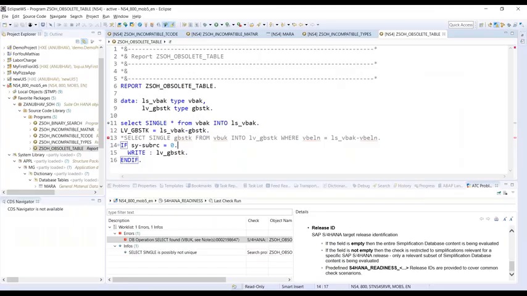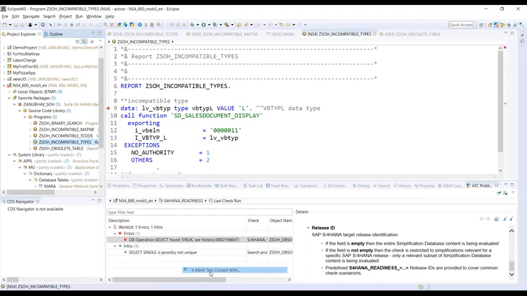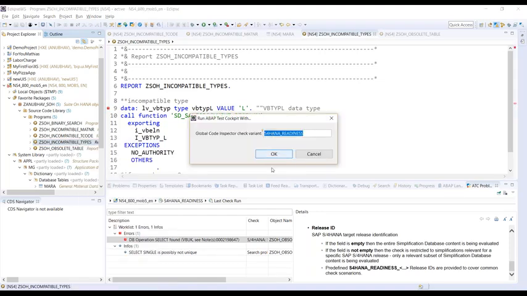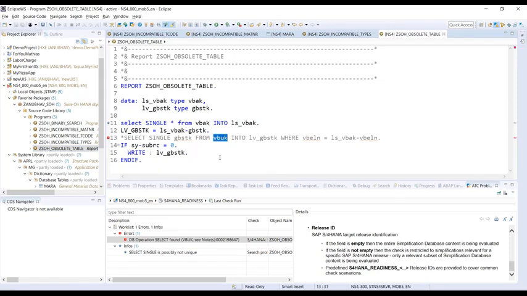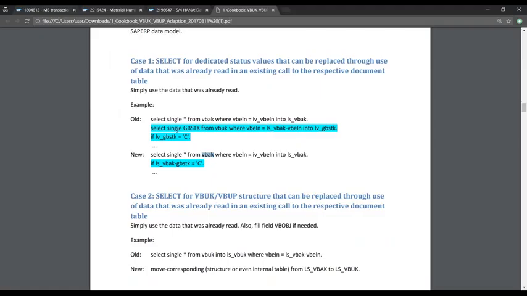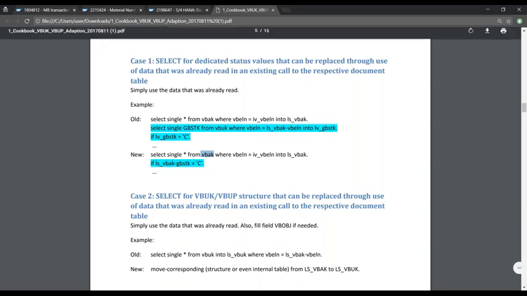That's exactly what I've shown you. You have to right click, run as, compatible S4HANA readiness, say okay, and you will find them. This is the same example. If you see our example here, obsolete table: this table VBUK is no more relevant. This is what the finding and the note was telling us. If you go back to the note, it was telling you exactly the same thing: no need to use the VBUK table, the field is there with VBAK itself. Exactly the same thing when you do it for those programs.